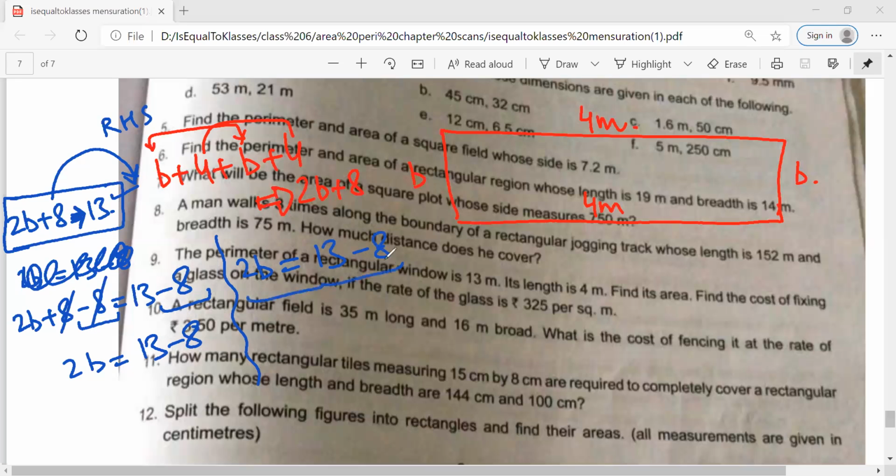So one way of looking at this is one method. The second method is that you subtract 8 from both sides. Whatever way you are comfortable with, you can use this method or you can use this method. What is the method that you would like to use, Mr. Sarthak? The right one, this one. Okay. So 2B is equal to 5. Therefore, B is equal to 5 upon 2. Any doubt?